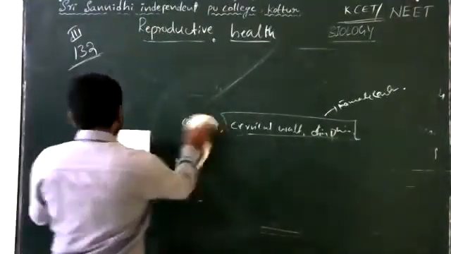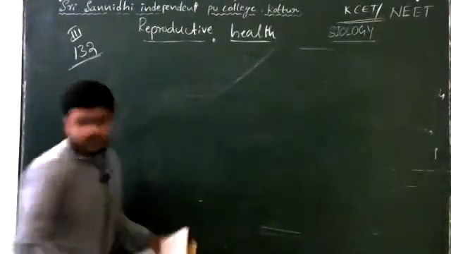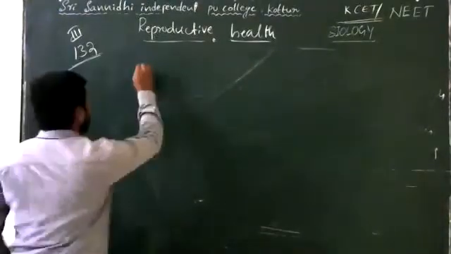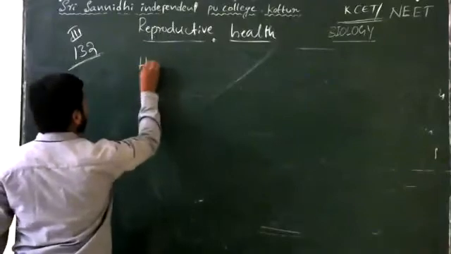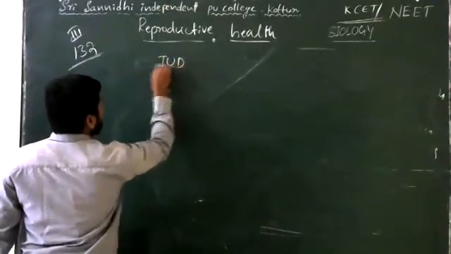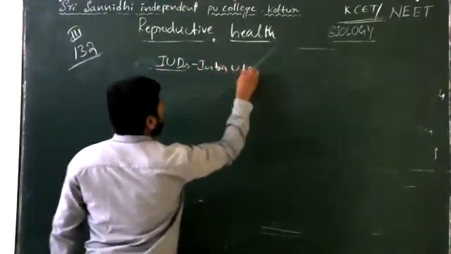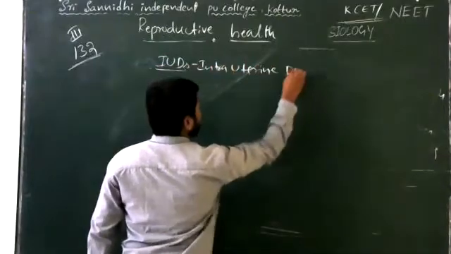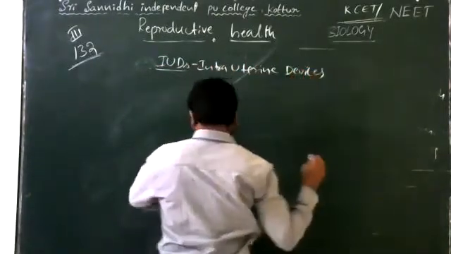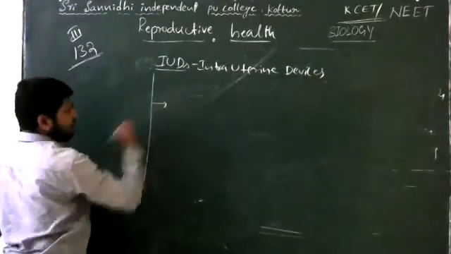Which of the following is a hormone releasing IUD? You know that intrauterine devices, IUDs means what? Intrauterine devices. They are classified as 3 types. One is